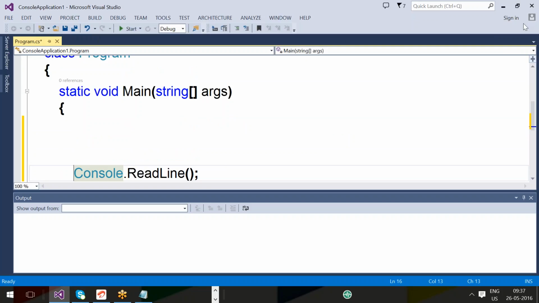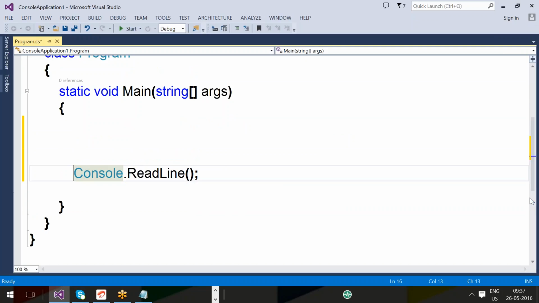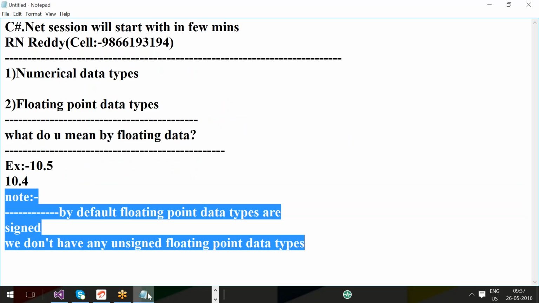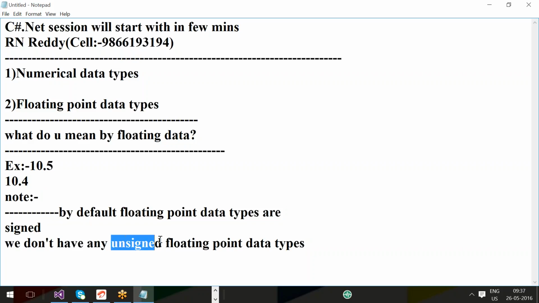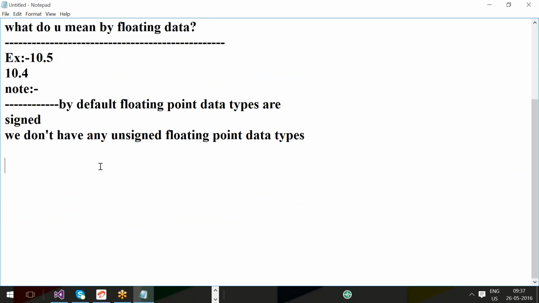By default, floating point data types are signed, meaning there are no unsigned floating point data types. Signed means which can contain both positive and negative values. Unsigned means which will contain only positive values. And again, according to the sizes,